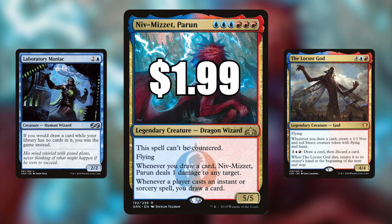Locust God, very good as well. Whenever you draw a card, create a 1/1 blue-red Insect token. Great addition to this deck as well. It's a really cool commander in itself, and could perhaps be used as a backup commander if you want to change him over. With this card, you could definitely draw lots of cards and start spamming loads of tokens and going wide and flying